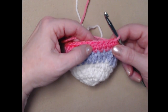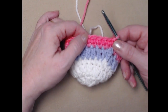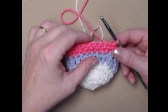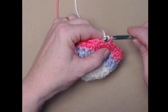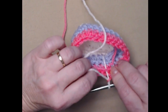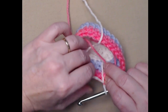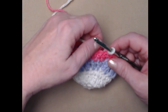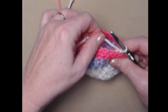I finished row 6, stitching my single crochets in the center of each of my single crochet stitches. I joined to the first single crochet, and I'm going to bring my white back in, and we just pull it up, making sure it's not gapey on the inside. It's laying nicely, but not too tight because it needs to stretch a little when we slide it onto our jar. All right, I'm just going to chain 1, and that just brings us to the top so that we're